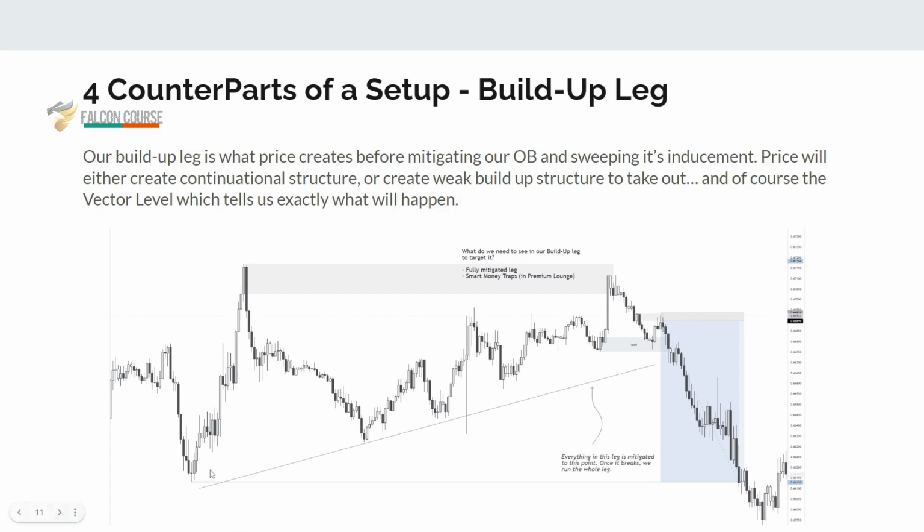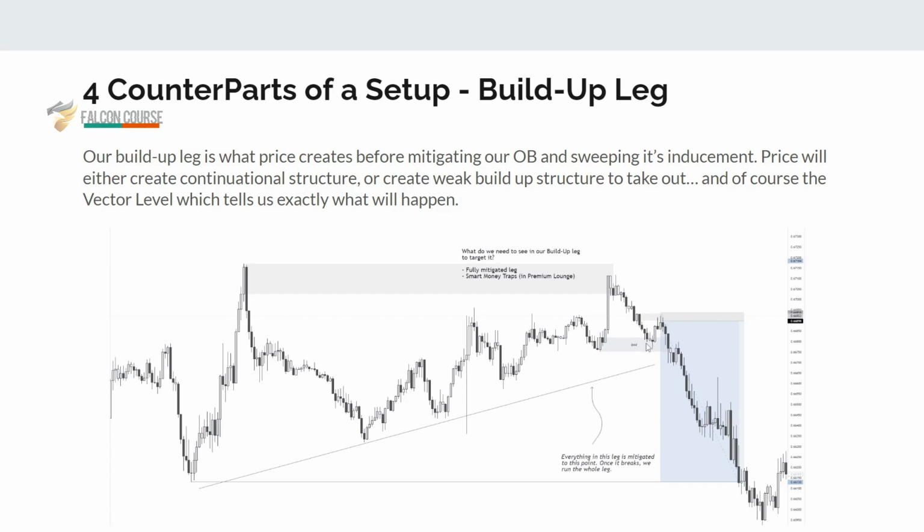What the question is, when it runs to this low, is this low acting as inducement for a zone on the high time frame to the left down here? And that's where we can look at the different strengths of inducement, and it gets a little bit more advanced from there. But in this case, we have our final form of inducement at this point.